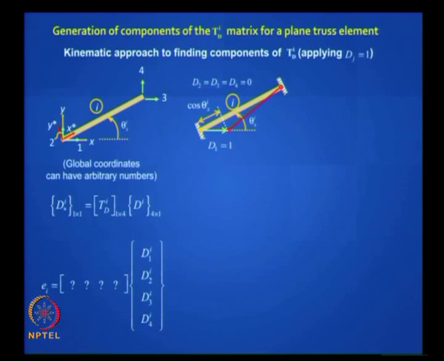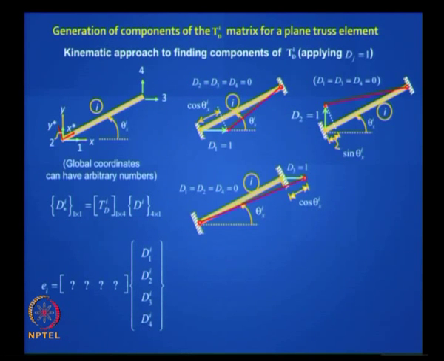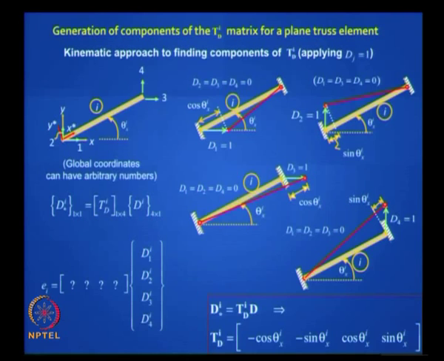How much will be the elongation? The component of that is cos theta. Will it be plus or minus the elongation? It will be minus. You put d2 equal to 1, it will be, can't you see the length of the element is reducing, it will be minus sine theta. If you take the other end and you pull it horizontally and you lift it up, right, that is your transformation matrix. Does it make sense? That is the answer to these question marks.